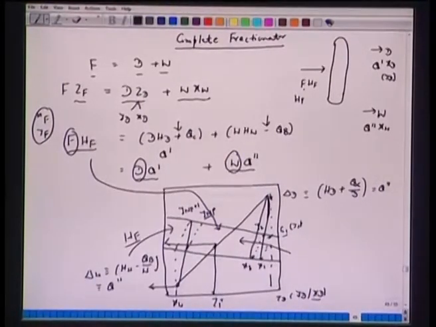And if we want to mark this feed, if you know the composition of feed and the enthalpy of the feed, we can draw a straight line between the two, realizing that we are applying the mixing rule here, it has to be a straight line. We can get the feed compositions, or if you know the feed compositions, then we can mark this enthalpy line. Feed can be saturated liquid, it can be saturated vapor, or it could be a mixture of this, or feed can be cold, right, it's all possibilities there.